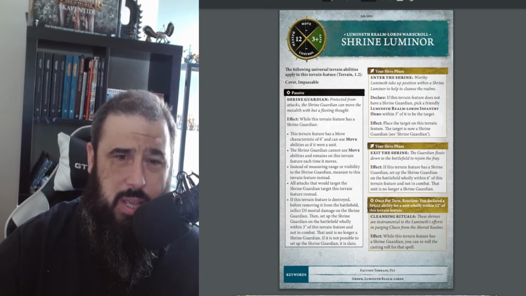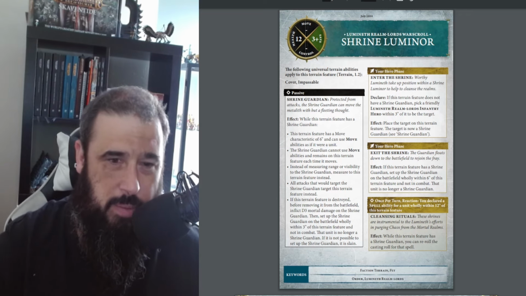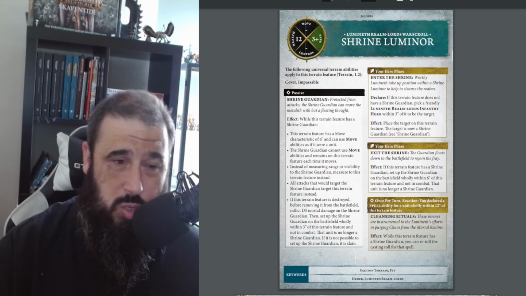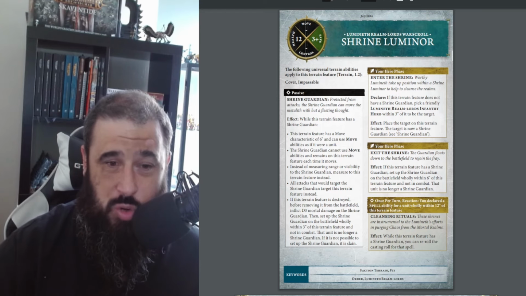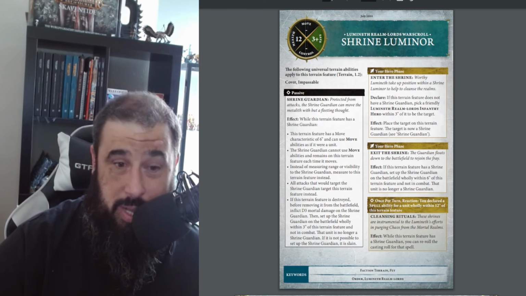So basically, with your Shrine Guardian, the terrain moves, and the model doesn't get to do a move. Instead of measuring ranges and visibilities, the Shrine Guardian measures from the terrain feature instead. So again, you're measuring from a big piece of terrain. All attacks that target the Shrine Guardian target the terrain feature instead. So you've kind of got 12 wounds before you actually get on to the Shrine Guardian,